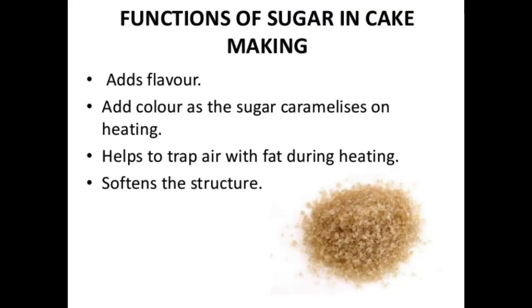The sugar we use in the cake should be of very fine granulation, so that it can provide even grain and texture in the cakes. This type of sugar also dissolves very easily when you are creaming it with the fat, and sugar has a tenderizing effect on the flour proteins.